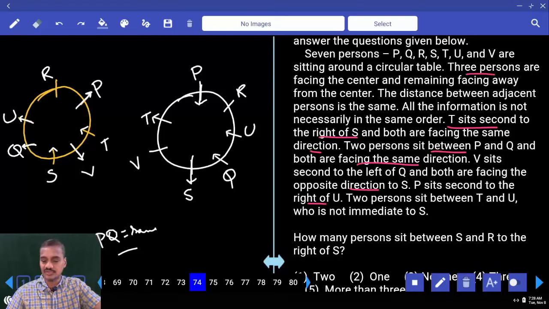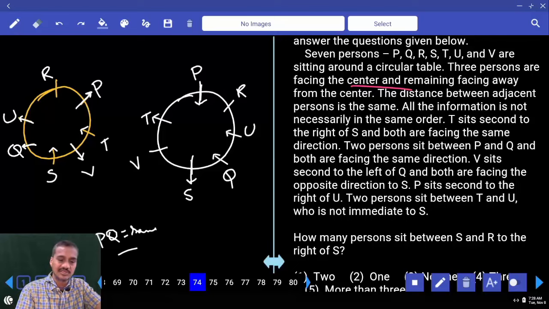Now here in this one, how many persons are facing the center? Only 3 persons are facing towards the center, and the remaining are away from the center. Now in the second case, if you observe, how many persons are facing? 3 persons, and the remaining must be away from the center. Here we have 3 persons facing towards the center. As of now we have 2 persons, and R must also be facing towards the center. Now any information that is